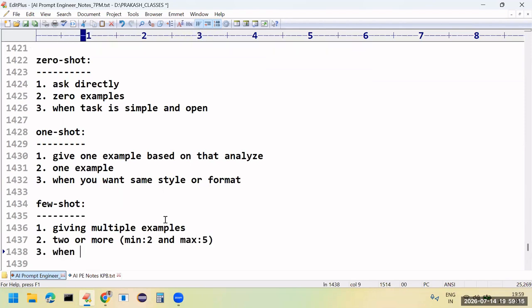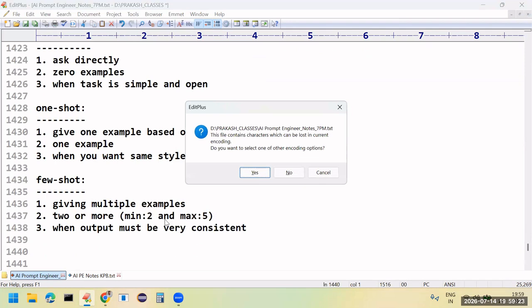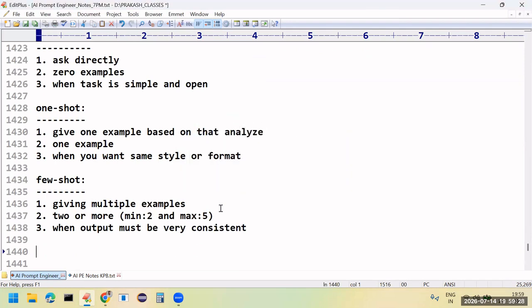When the output must be very consistent, then you have to use this format. Clear? Everyone, please confirm. Yes, clear. So this is what is meant by zero-shot prompting, few-shot prompting, and one-shot prompting.